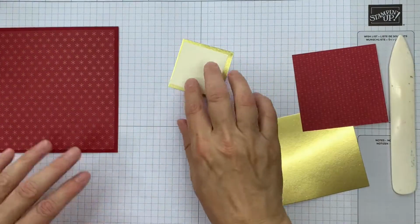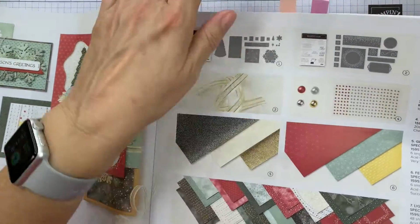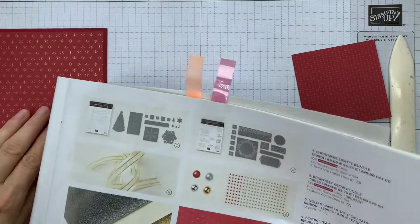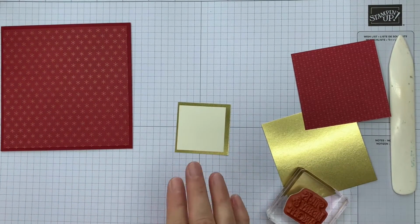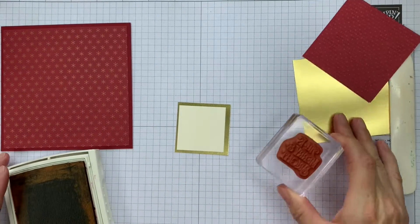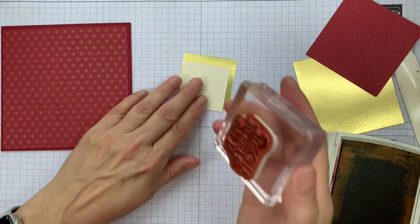So we'll do that, and I'm going to just stamp this with the All Is Merry and Bright sentiment, and this is actually from this Christmas lights bundle. It's a sentiment from here, and there are some wonderful little shapes and tags that would work extremely well with this. But for the moment, because I'm just wanting to show a quick card and something that is suitable for beginners, I'm keeping it more simple than using dies. So I've got cherry cobbler ink,